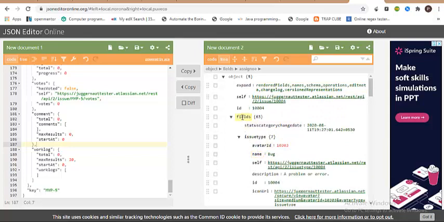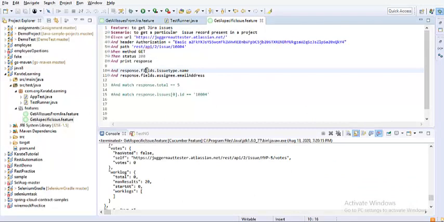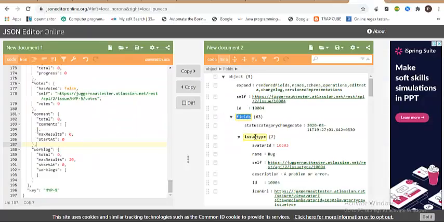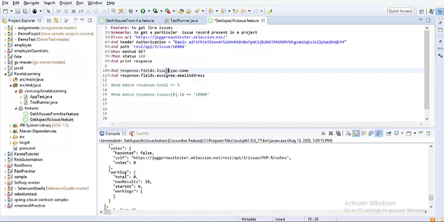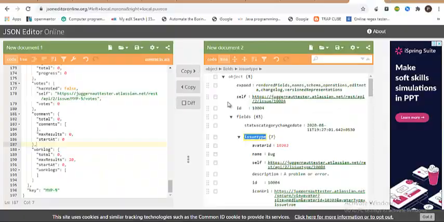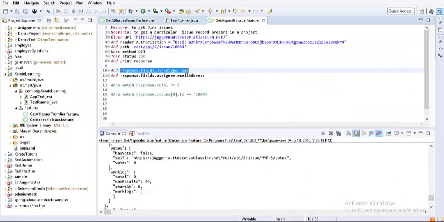We have accurately used fields as the parent type, and then we have issue type here. Let me just make sure. And you have something called name.